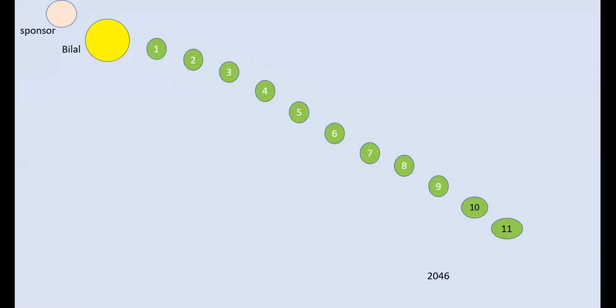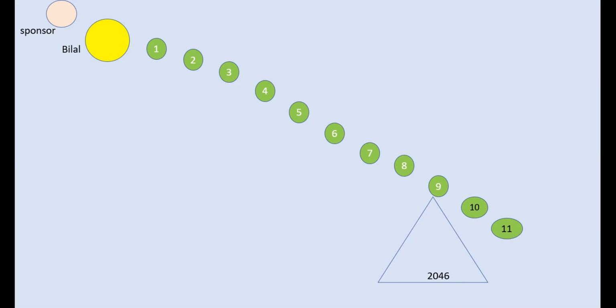Now you can see my slide. Okay, I show you my understanding. I am going to share my understanding, and you will confirm it. Is it right? Okay. That is the sponsor, and that is Bilal. And that is his team: 1, 2, 3, 4, 5, 6, 7, 8, 9, 10. For example, this is the network of 9, which has